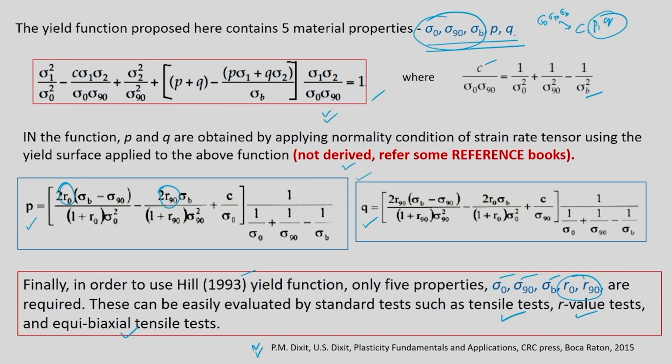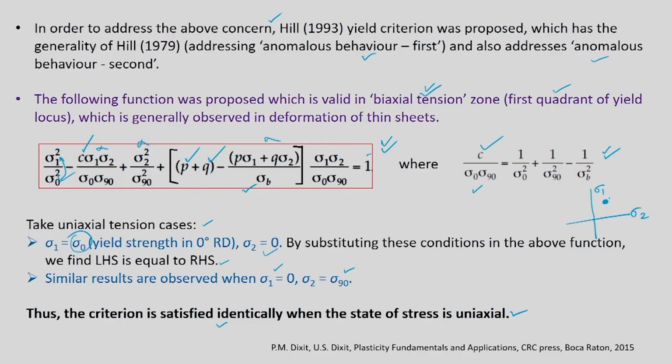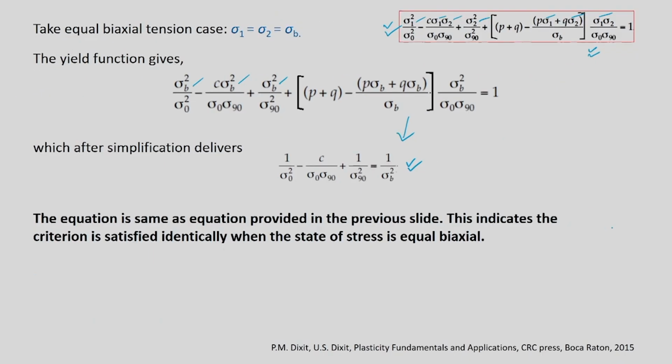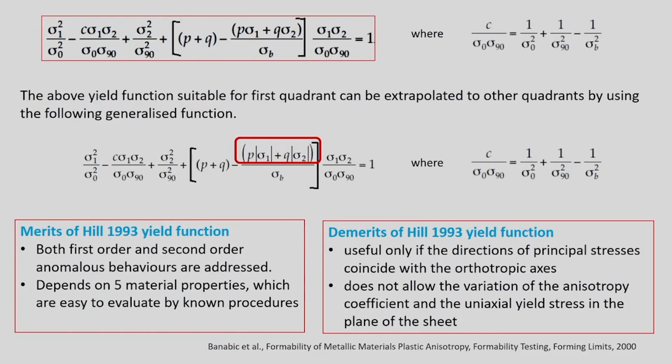So you plug in all these things into this equation. This equation can be used to model any deformation process. Now this is the case only if you have biaxial tension. This is how it is derived. Now you want to expand or extrapolate this for other locations, 1, 2, 3, these 3 zones in the yield locus. There is a small modification that is allowed here. I have marked it in red color. That small change is only there. Otherwise, everything remains same. So sigma 1 becomes mod sigma 1, sigma 2 becomes mod sigma 2, and you can extend it to get